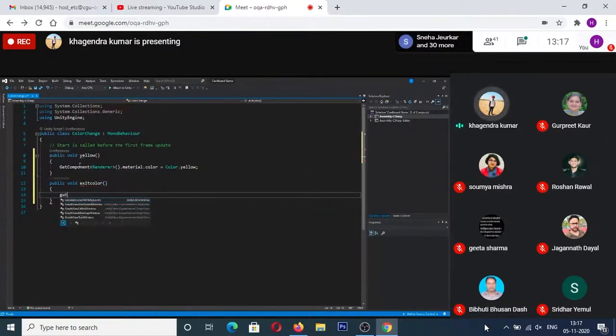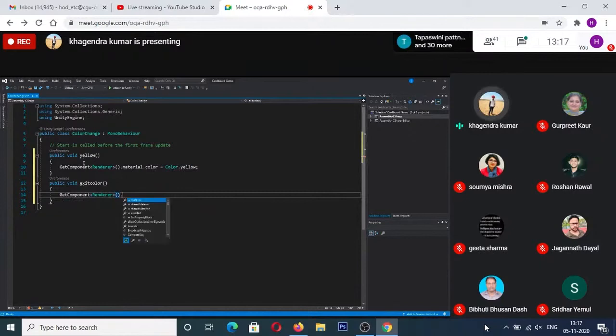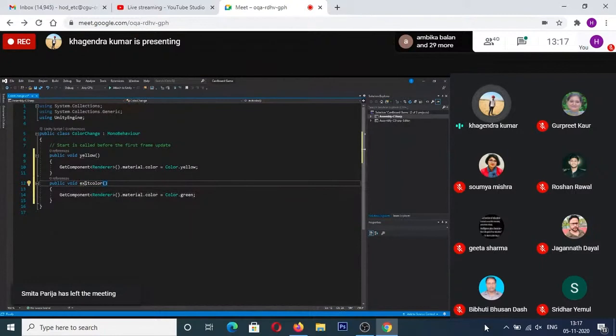So I'm going to get the component, access the Renderer component, and inside it access the material. I'm going to access the color value of it, and change the color value directly to green. Sounds fine to me. So I'm going to use the green color. So let it be ExitColor.